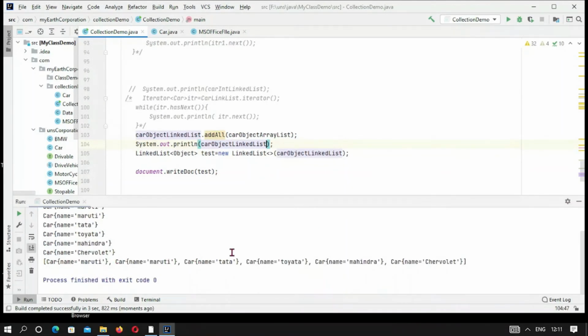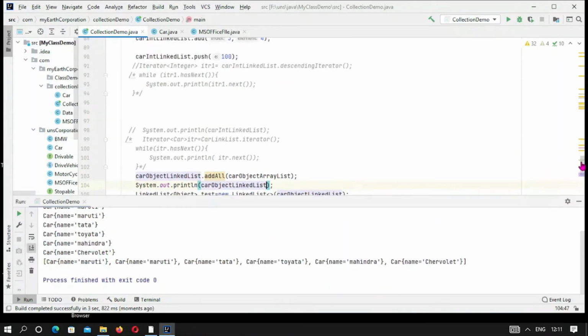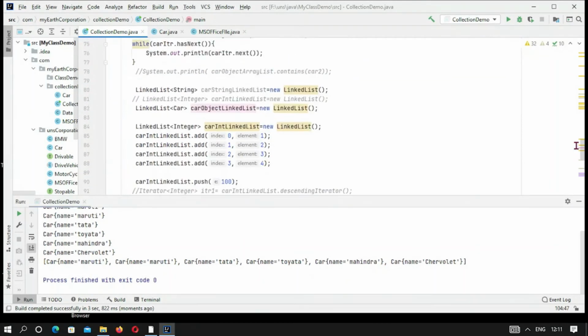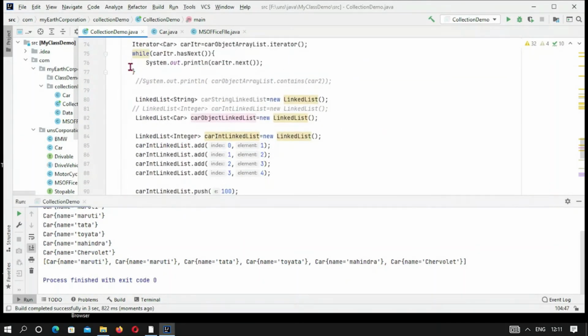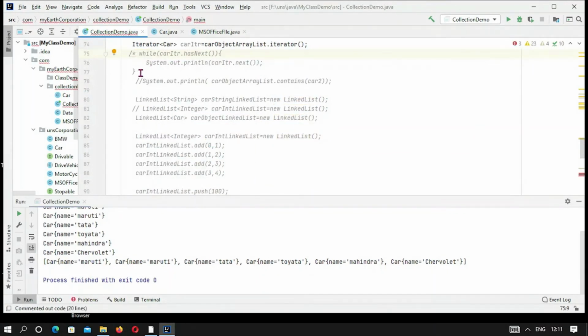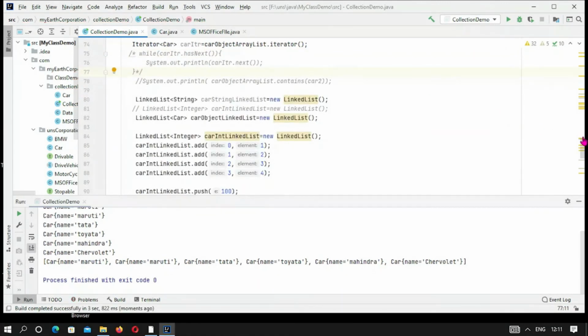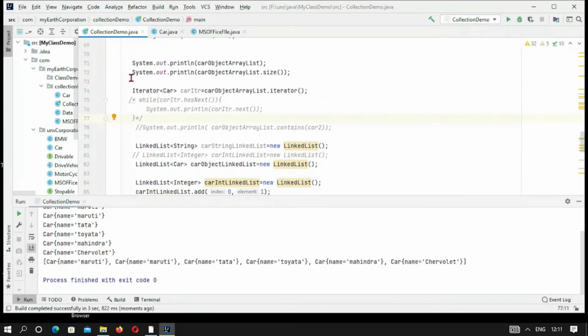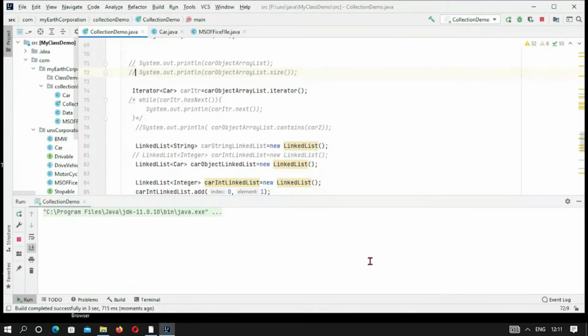We are simply looking at this list, and let us see what comes out. First we have to comment out all the others, so that we can clearly see the results, and this should also be commented out. Now let us run again and see the car object linked list.